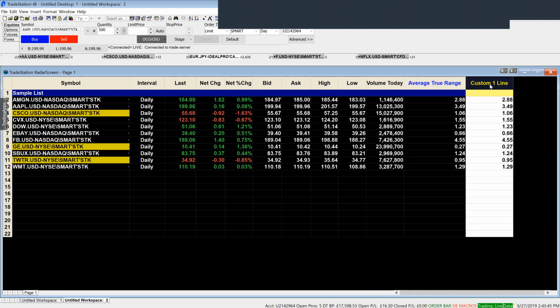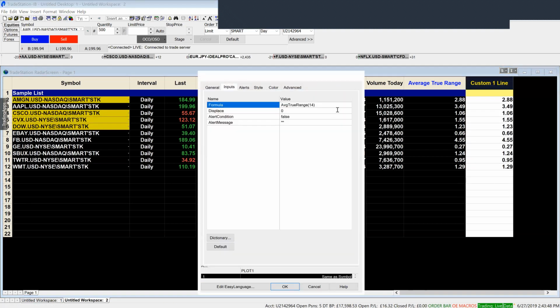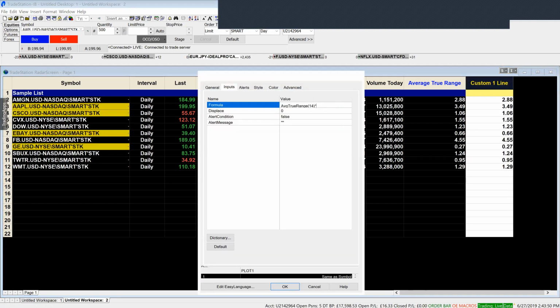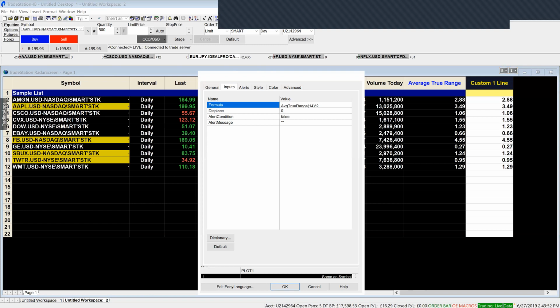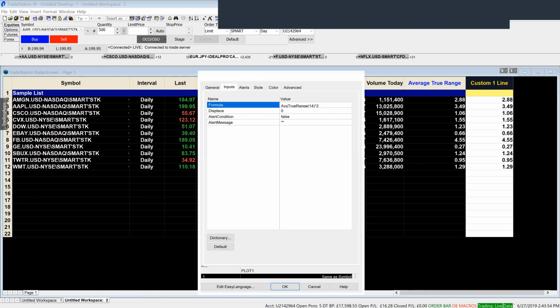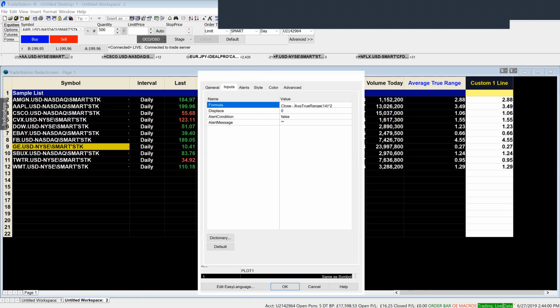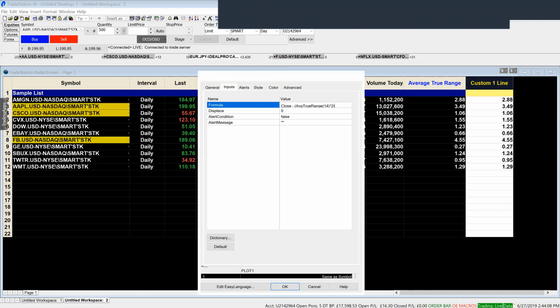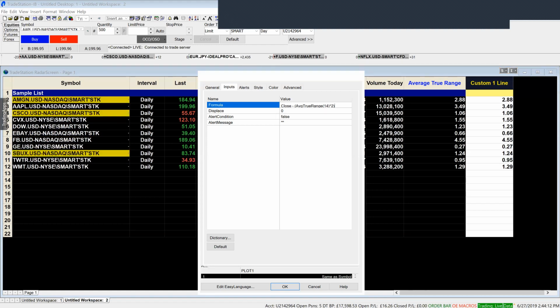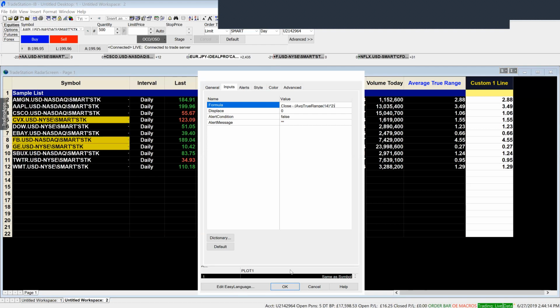I'm going to come over here and modify the formula so that I can, first of all, multiply this by 2 if you want to use 2 ATRs. And then I'm going to take the closing price. So I'm just going to type in close and then subtract this amount. I'm just going to put all that expression inside parentheses. So you notice what I did? I just took the ATR calculation, multiplied it by 2, took the closing price, and subtracted 2 ATRs. When I click OK,